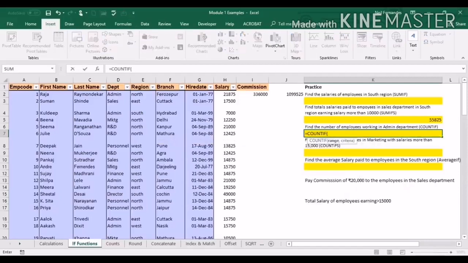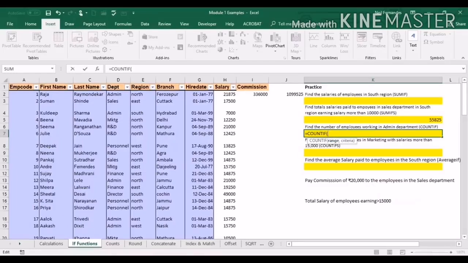These are the two syntaxes that it gives. The first syntax is the range. Again, like the SUMIF function, the first range is the criteria range. In this case, there is no such thing as a count range, like in the SUMIF function, where we had a sum range. In the COUNTIF function, we don't have a count range. Why? Because it can count numbers, text, and characters. So the first one is our count range.